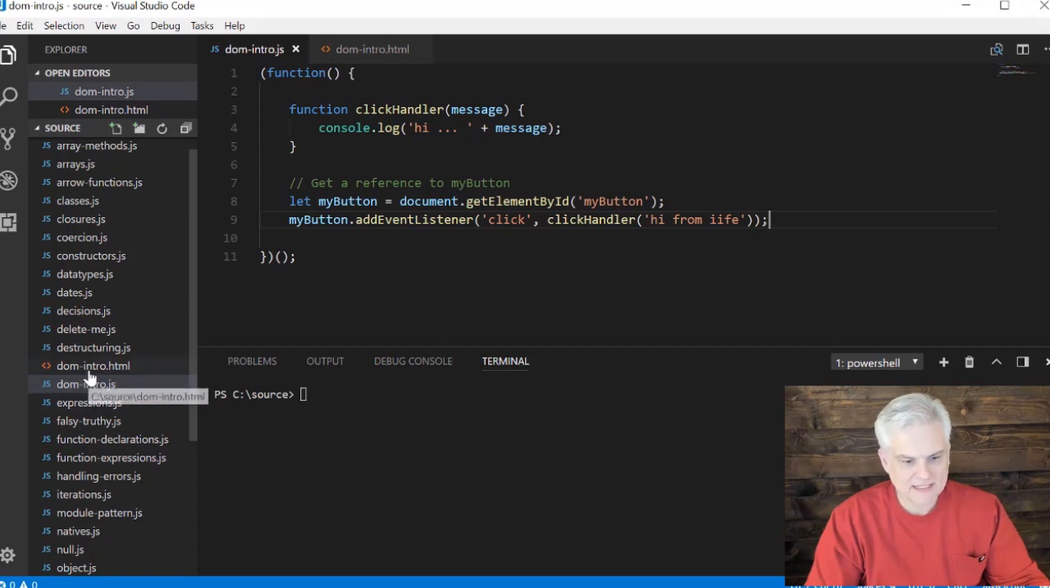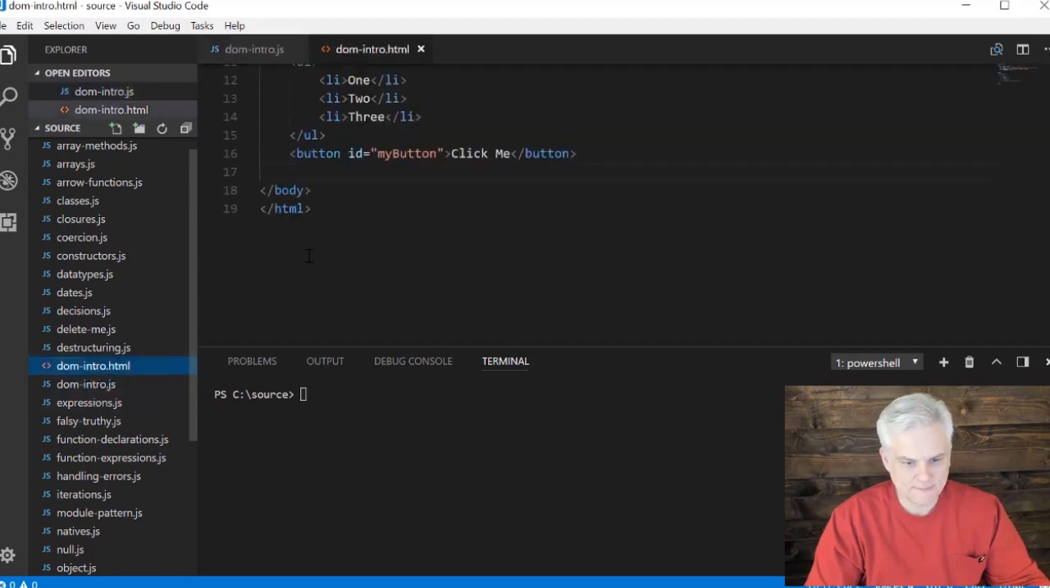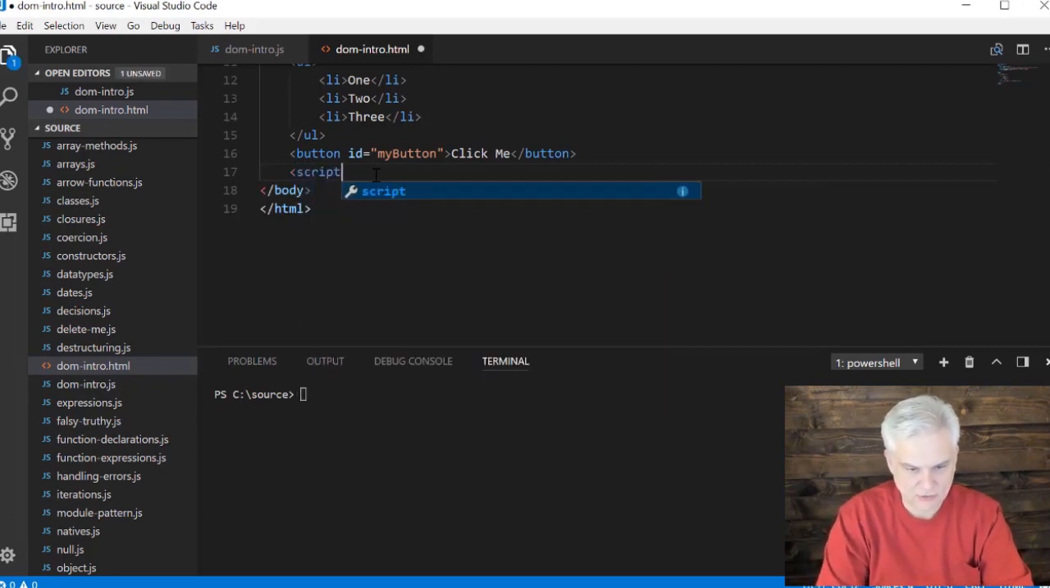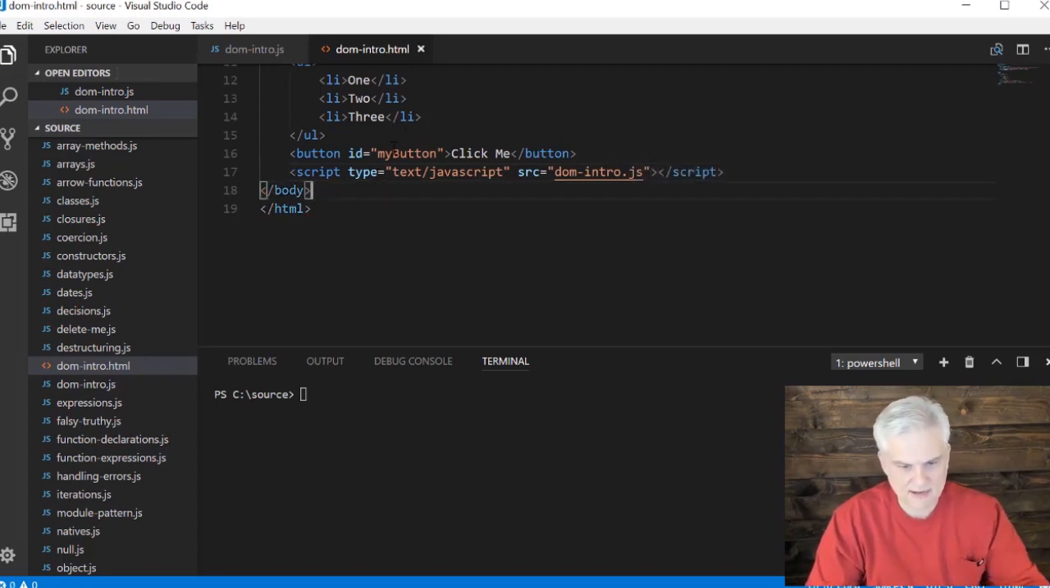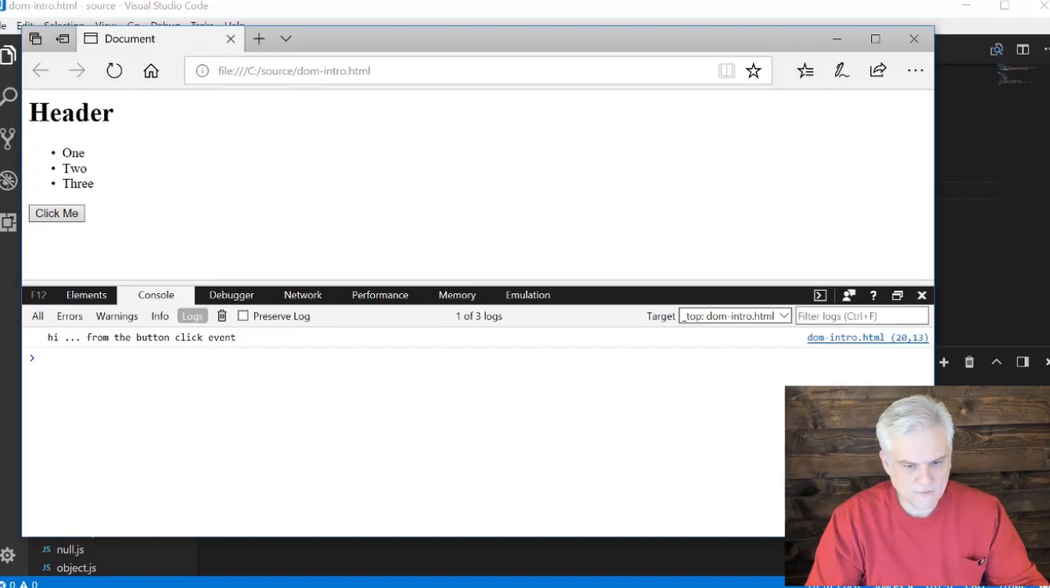Now I need to go back to the dom-intro.html. Here I'm going to add a script tag like so, script type equals text/javascript, src equals, and then we'll give it the name dom-intro.js, like so. Save that. And now, hopefully, let's load this up, refresh, and you can see